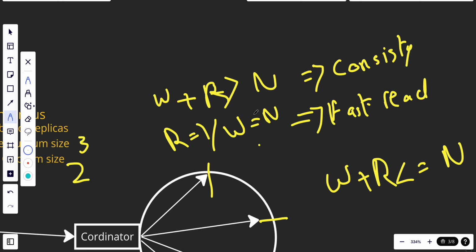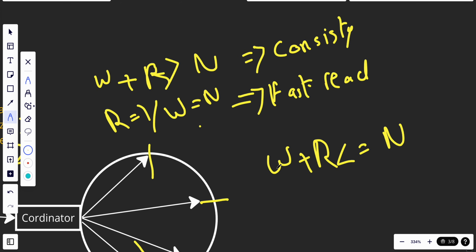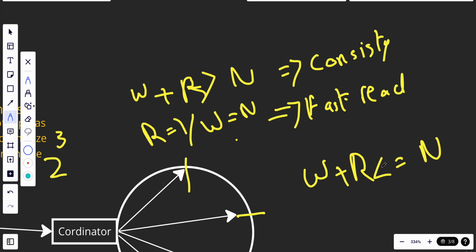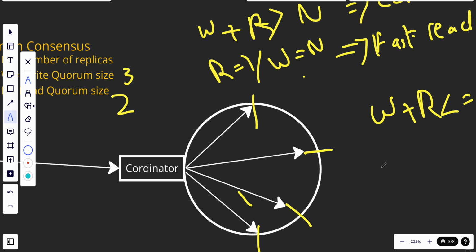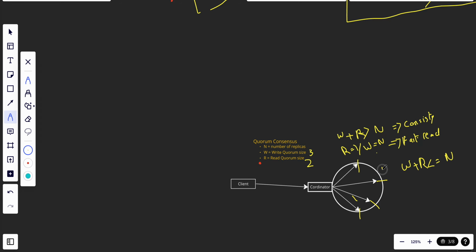We will reach a specific result with the interviewer, because maybe the interviewer prefers high consistency for W, or fast reads, where W equals N and R equals 1, or maybe W plus R less than or equal to N because they really care about the latency of this application. It depends on what the interviewer wants and what the requirements of the system are. And I will say it again, in my opinion,